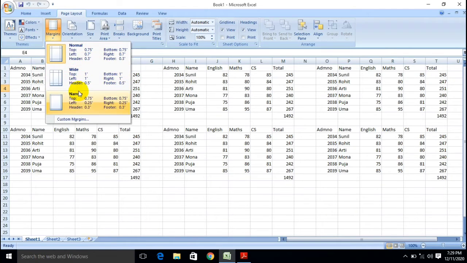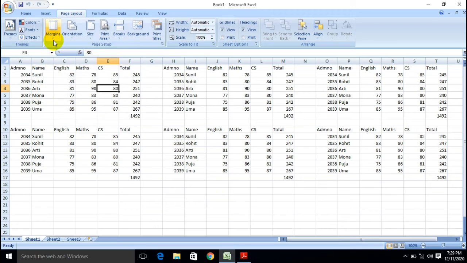There are three options, narrow, wide and normal. Suppose here is the normal, and the second one is the wide, with different exact positions. So here is the narrow size, where you can see that this particular line indicates that your page is going to be narrow or wide or normal exactly.